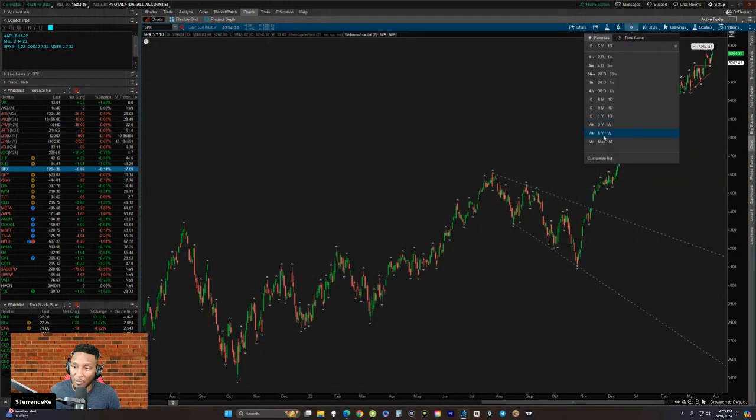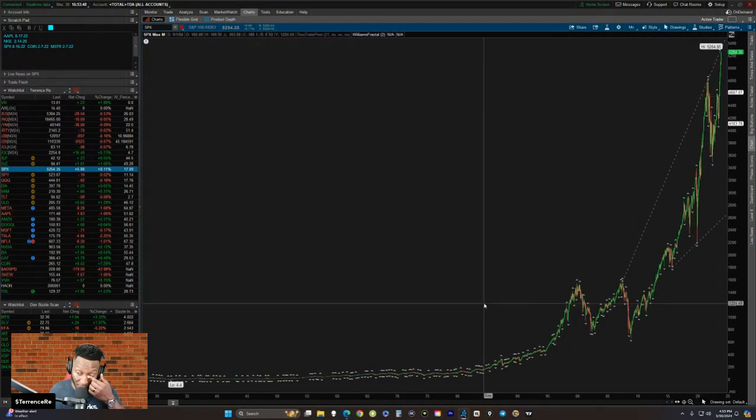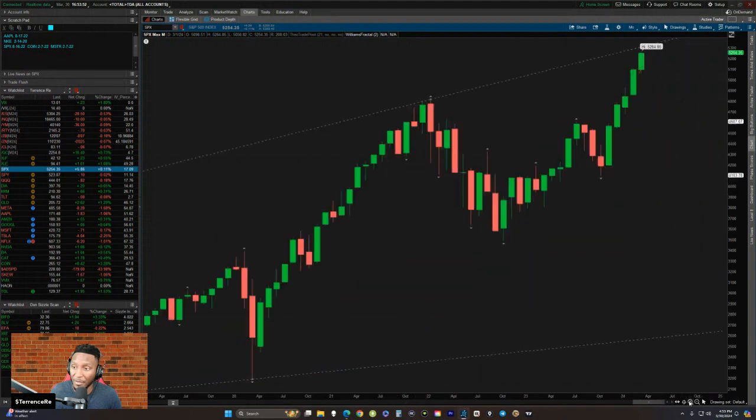We're gonna go out. We're gonna do a monthly. Now this is crazy. I'm gonna show you on the monthly SPX. Look at this. The only thing about this one is because it's a monthly candlestick, a lot can go on in a month. But I basically came from right here. Now some may say, well, why didn't you come from this point? But I did from here because I just looked at this wick right here.